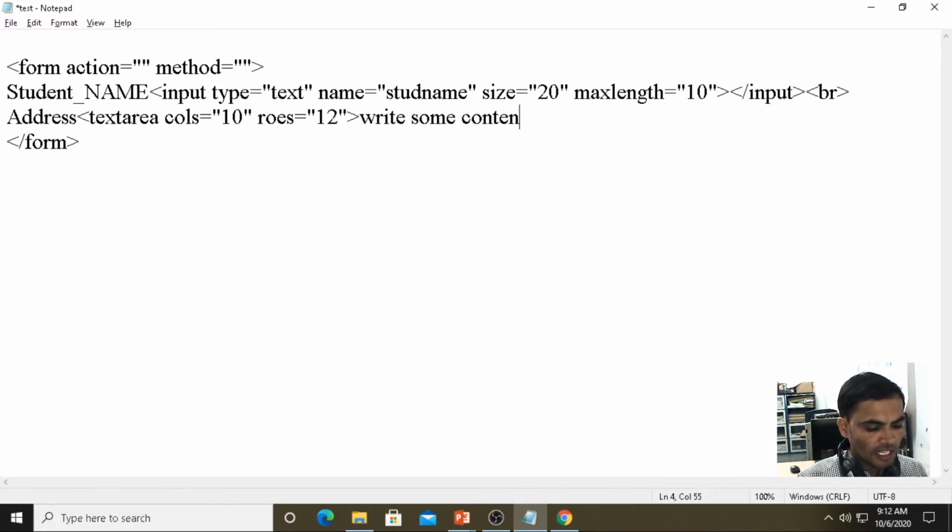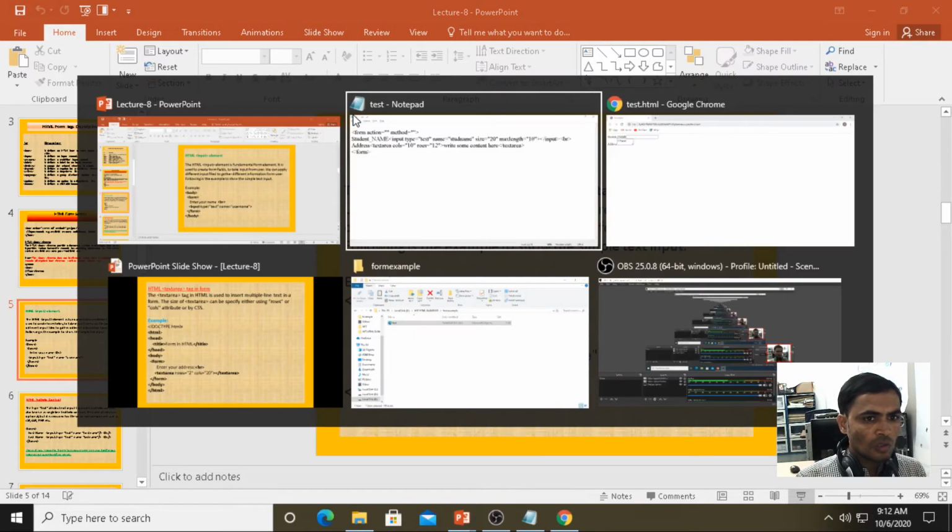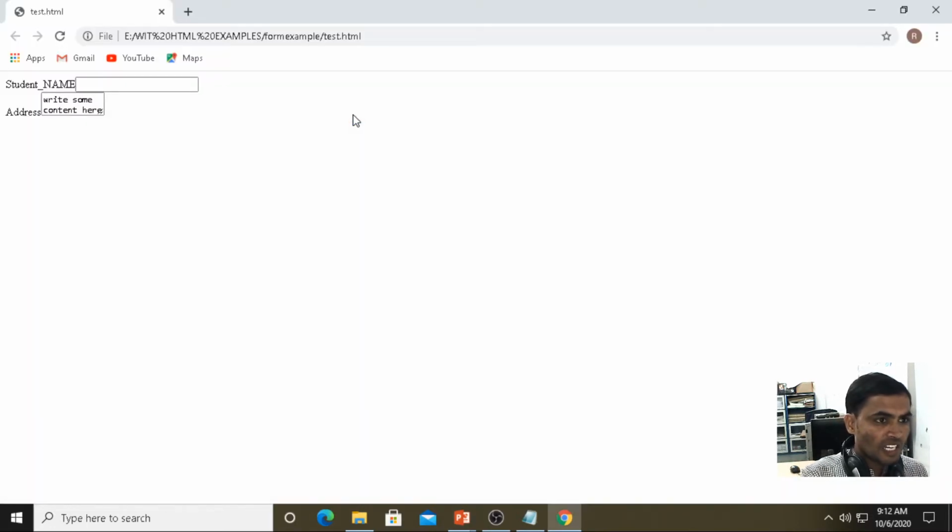Write some content here. Close the text area. Press F5. Now we are getting here the text, write some content here.